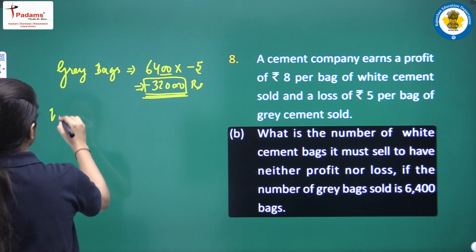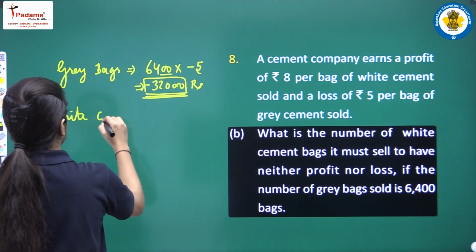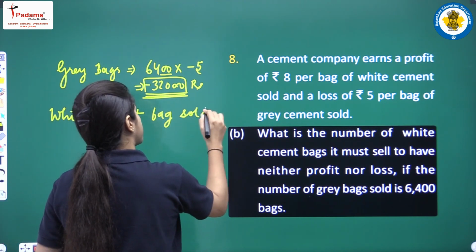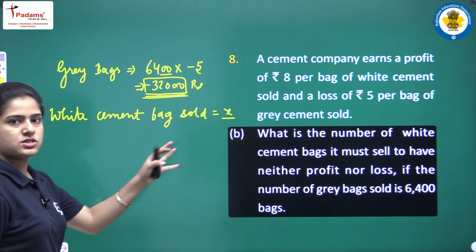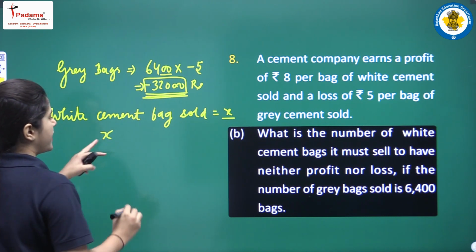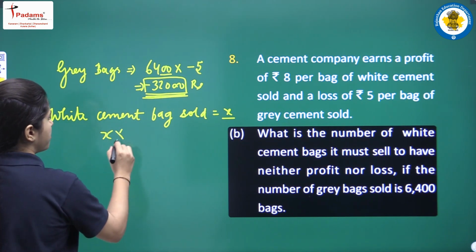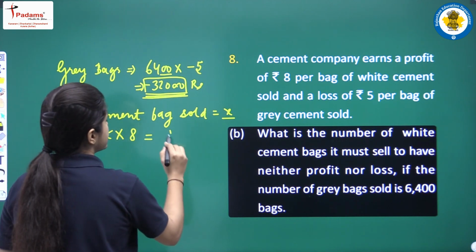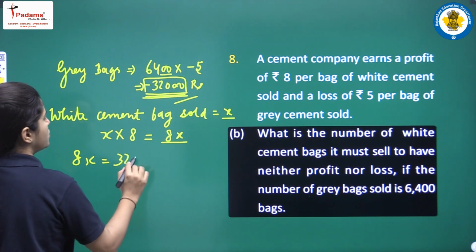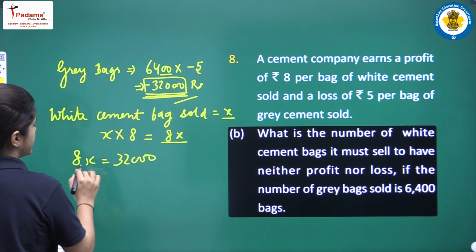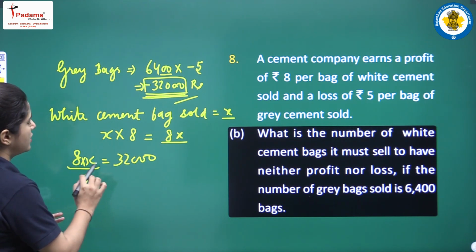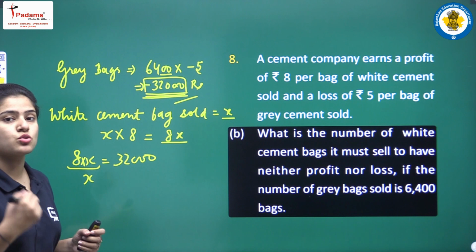Okay, so white cement bags, we don't know about that. So let white cement bags sold be equal to x. हमें नहीं पता कि कितने बेचे गए हैं, but suppose हम x white bag बेच रहे हैं, then x into 8, because for every white bag there is a profit of rupees 8. So 8x should be equal to 32,000. Okay, so x is in multiplication with 8. Anything that is in multiplication with the variable x, that is to be found,